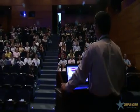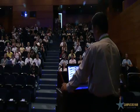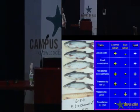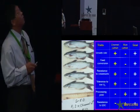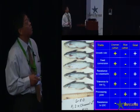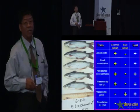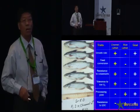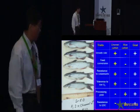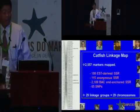The first line of research, of course, was to establish genetic linkage maps, which require a lot of DNA markers, but very specifically, we were working with a hybrid system, channel catfish and blue catfish. As you can see, channel catfish is pretty good with a number of traits: growth rate, feed conversion, resistance to columnaris, tolerance to low oxygen. But blue catfish is pretty good with processing yield and resistance to ESC diseases. This ESC disease system is the one that I'm going to talk about most today. And our long-term goal is to come up with a synthetic fish that has pretty good traits along all these areas. And to date, we have